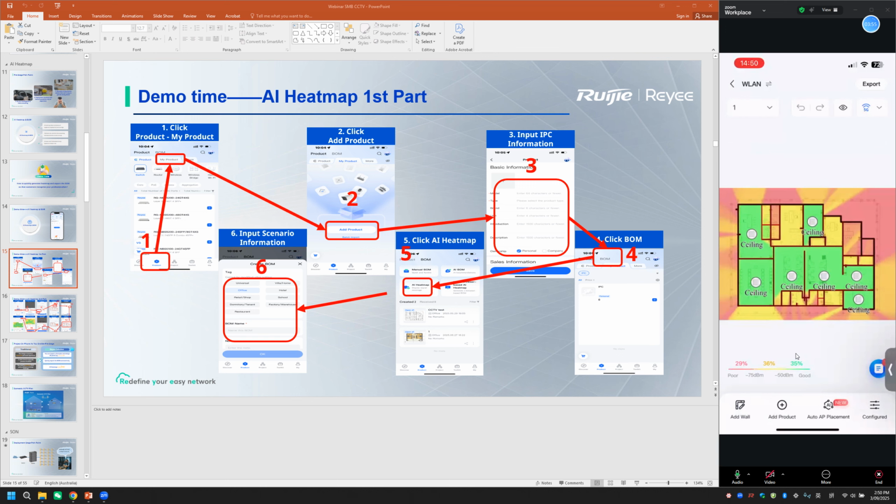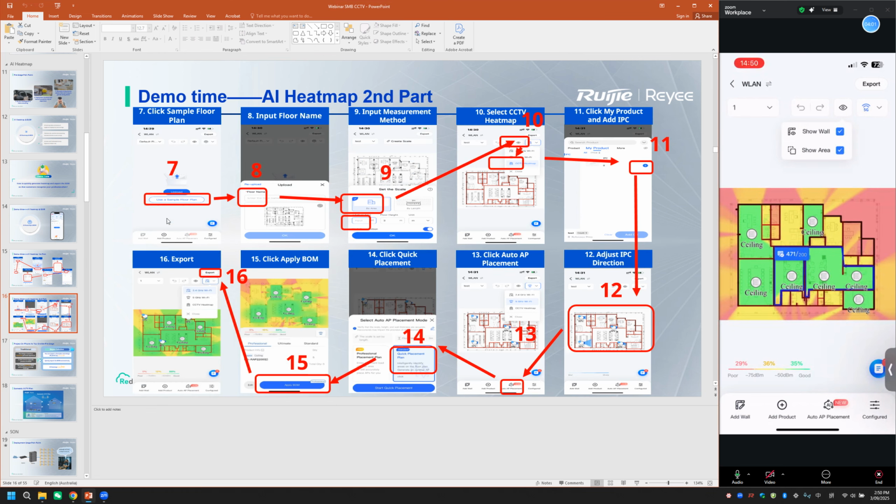We just finished one AI heat map. Okay, so that is the whole process of using our AI heat map. If you want, you could check our PPT. And the next feature is